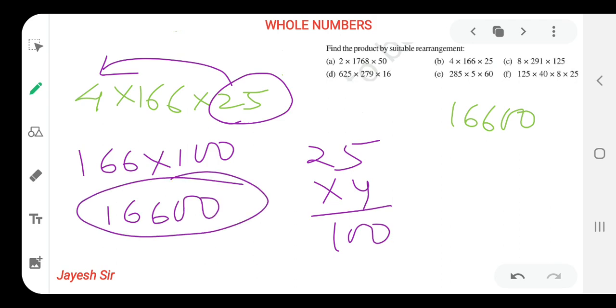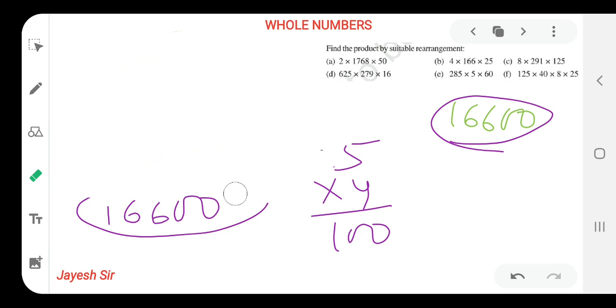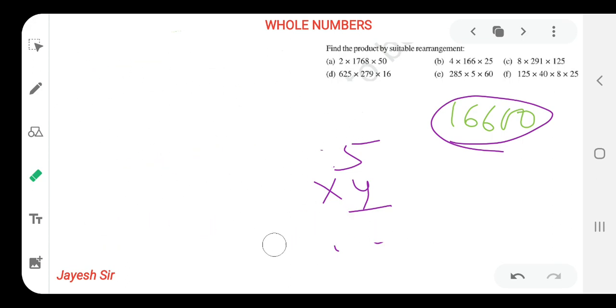So I have written this answer before only. So that means my answer is correct. I hope you all might be getting it. 25 should be multiplied with 4 to make it 100. And we all know how to multiply whichsoever the number would be by 100, because multiplying with 100 we all know that's very easy also, and we can do it in our mind without writing anything.